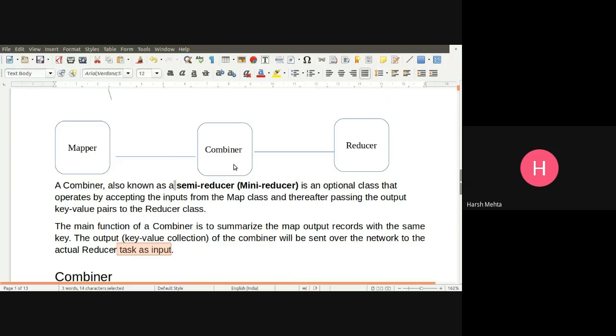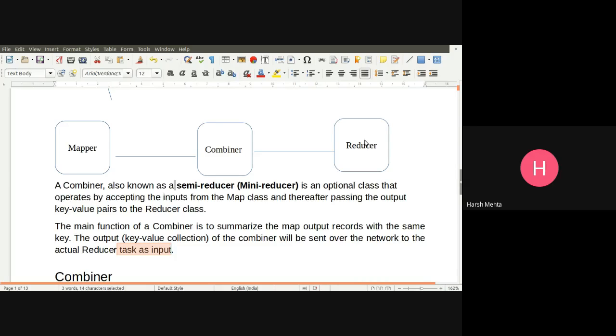Why do we require a combiner? Let's say we have terabytes or gigabytes of data, and whatever the mappers process, we are sending to the reducer. How are we sending it? Over the network, over our local LAN. We are sending all the mappers' output to the reducer input.